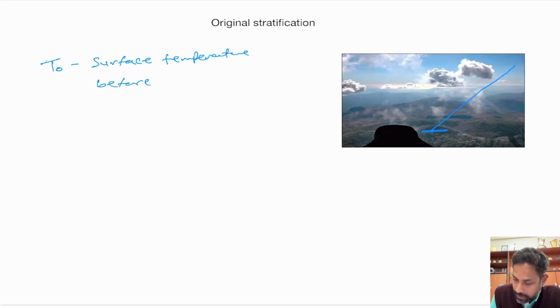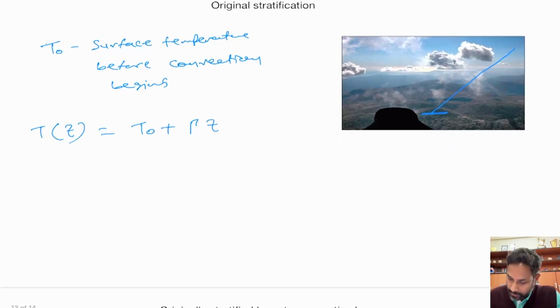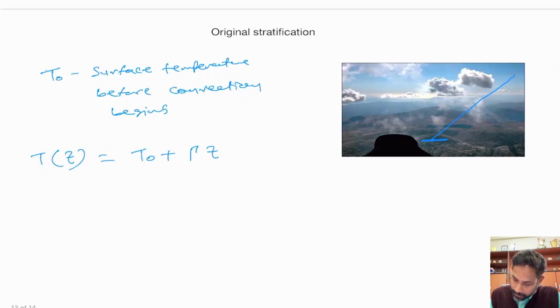before convection begins, T at any point Z is usually T naught plus gamma Z. Okay, so basically T naught is at Z equal to 0. Okay, where T of Z is at T naught plus gamma Z, and we assume that